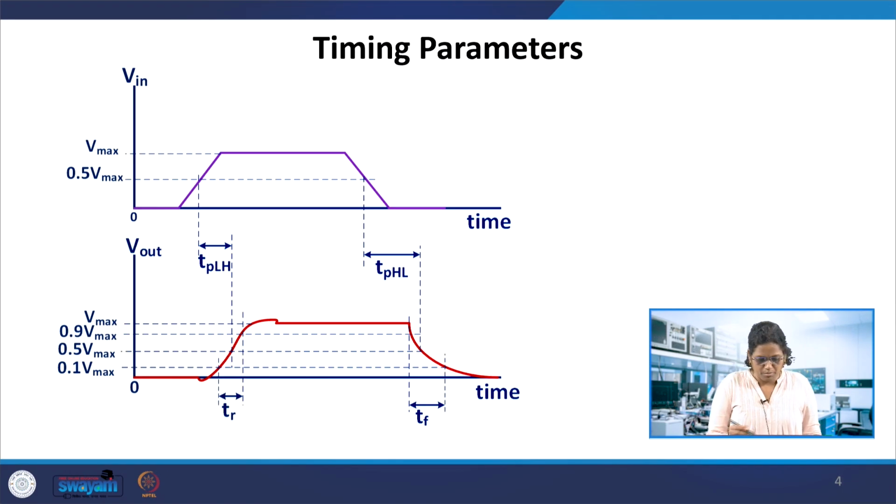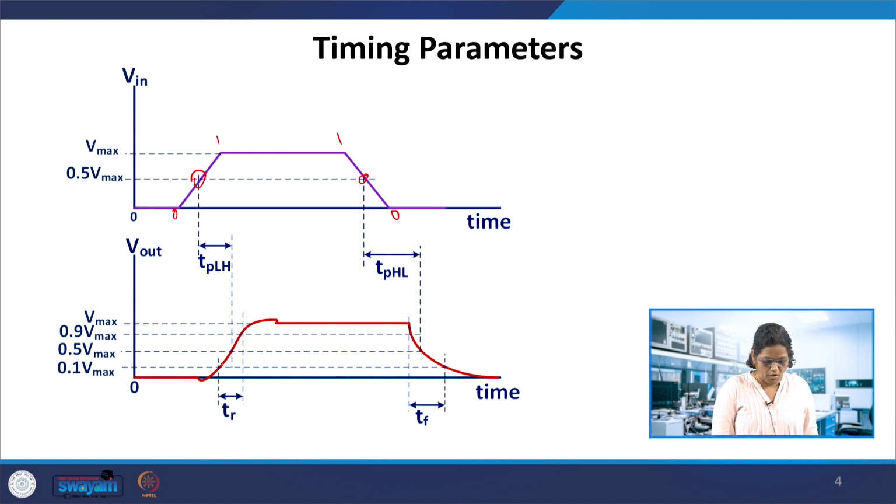Suppose this is the input, and we mark the 0.5 of the maximum value here to define this. The output is transiting from low to high or high to low in this fashion. This is the rise time, and this is 0.5 of the input, where it makes the transition from 0 to 1 and here from 1 to 0. It's not a straight line from 0 to 1, you can see there is a slope involved in it. And then this is going to be the output, which also does not have an exact 0 to 1 or 1 to 0. There is a slope, a change in these cases also.